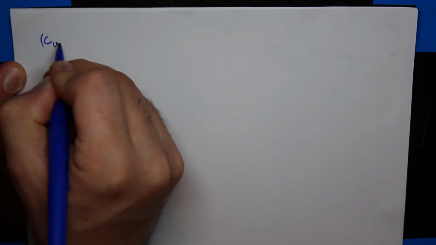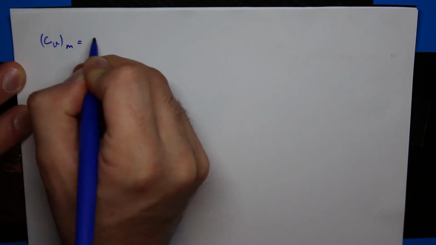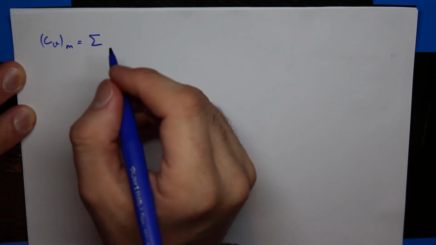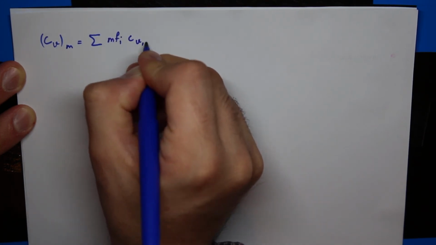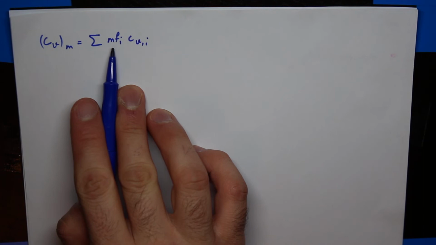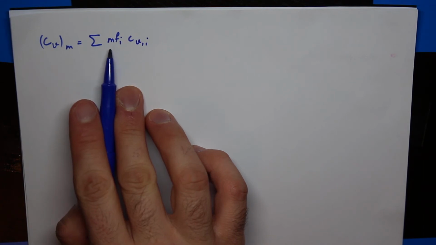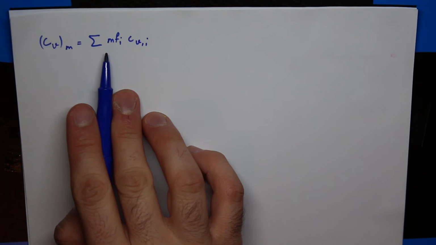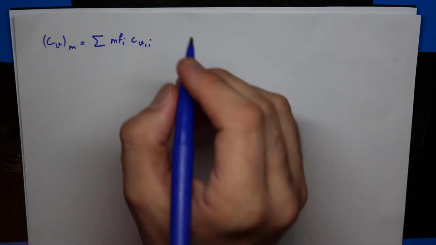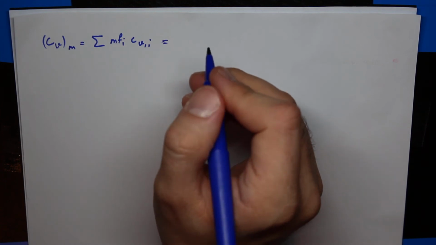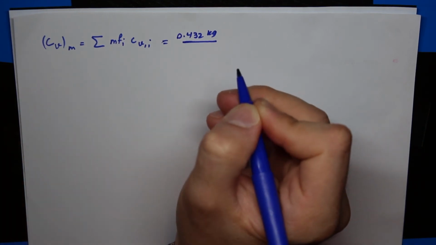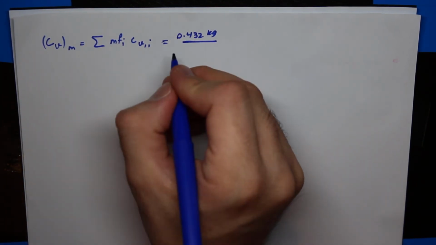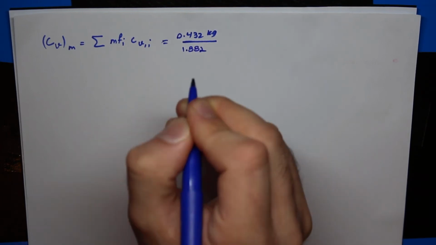I want to find the specific heat for the mixture. In order to find CV for the mixture, I'm going to use the equation that CV is equal to the mass fraction of each component multiplied by CV of each component. Okay, so mass fraction is the ratio of the mass of each component to the total mass. I know the mass of each component, so I'm able to find this MF, or mass fraction. So that is going to be the mass of neon gas, 0.432 kilogram, over the total mass, which is the mass of both gases combined together, 1.882 kilogram,